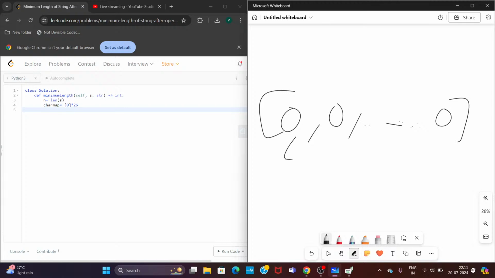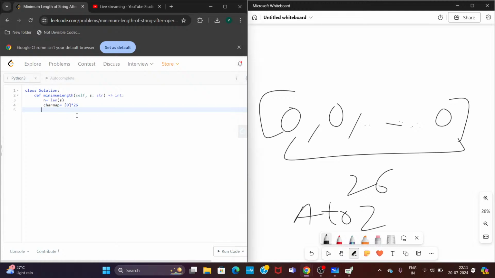Means it is 0 and the length is 26 characters, A to Z, over here. We have been given that. So now, for each character in S,